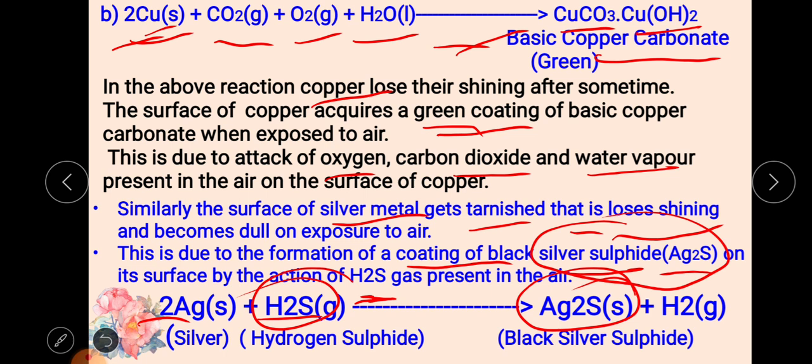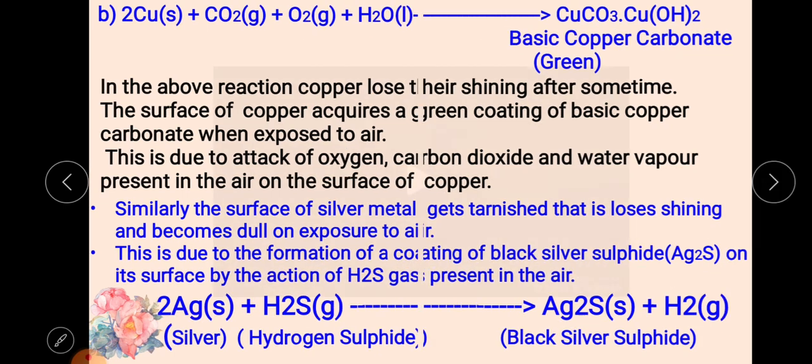If you do not wash the tarnish off properly, it remains black. To avoid this black color, you should remove it with some lemon or some stain remover, and it releases hydrogen gas. Hydrogen is a gas. Next, we will watch the video to understand about the corrosion of a metal.